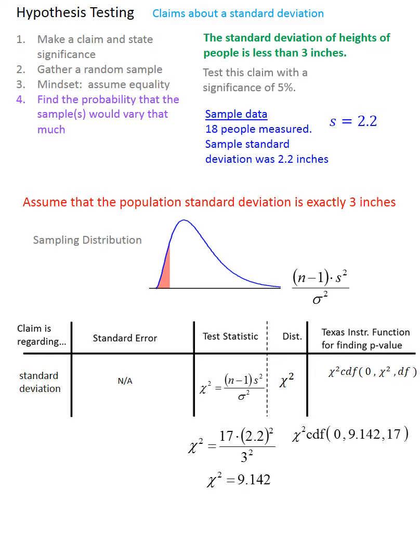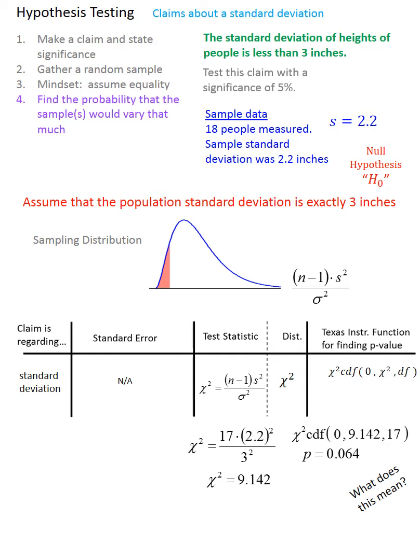And also notice my degrees of freedom are 17, one less than the number of samples. And when you do this on a calculator or other software, you get a probability value of 0.064. And what does this mean? It means that if the null hypothesis were true, the probability of getting a sample standard deviation as low as we did, 2.2, is only 6.4%. Now that's not very likely, and so it's unlikely that we have gotten this sample standard deviation